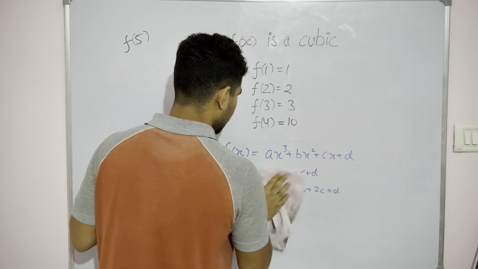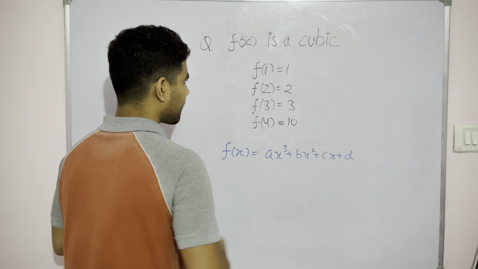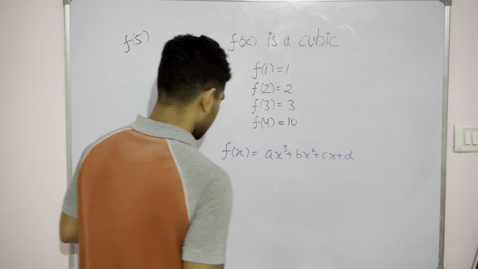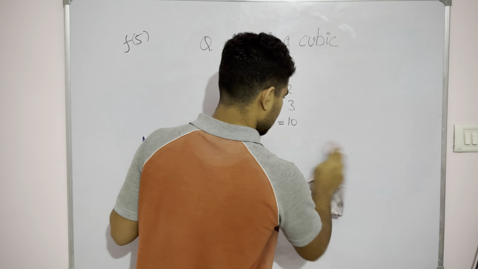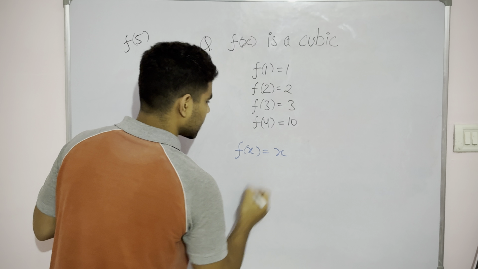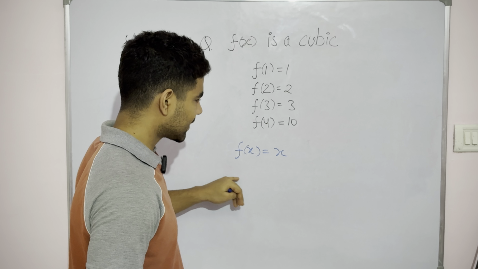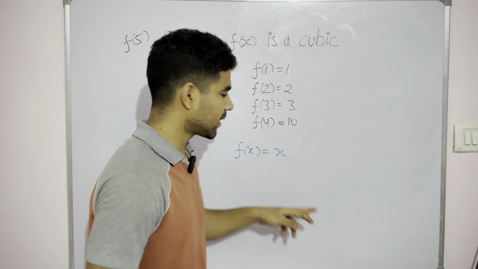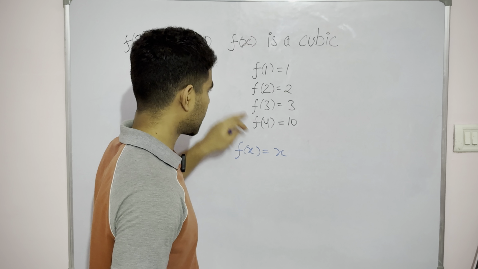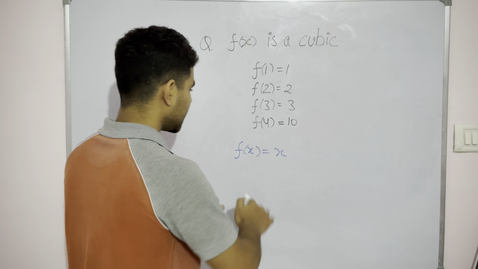So you have a function f(x) which is ax^3 + bx^2 + cx + d, fine. And you saw this pattern, f(1) is 1, f(2) is 2, f(3) is 3. So let me write one thing: can we write f(x) simply as x? Now I can write f(x) equal to x, but it is incomplete because f(x) is a cubic polynomial, but here we have a linear one. It will satisfy f(1) is 1, f(2) is 2, f(3) is 3, but f(4) will not be 10. And how will I change this function a bit,